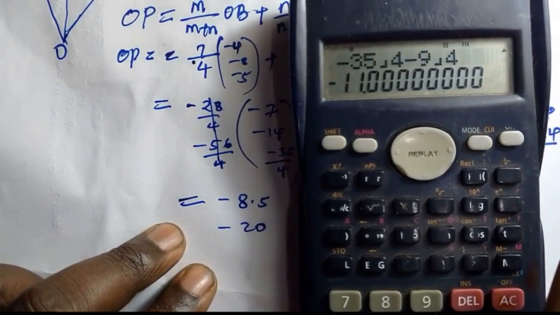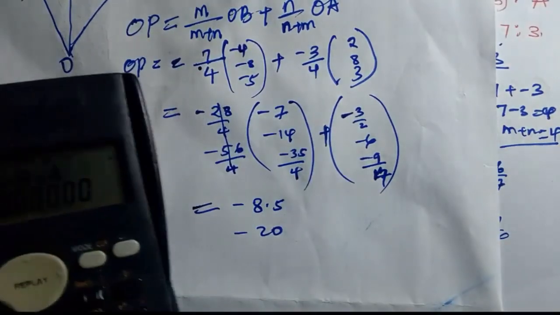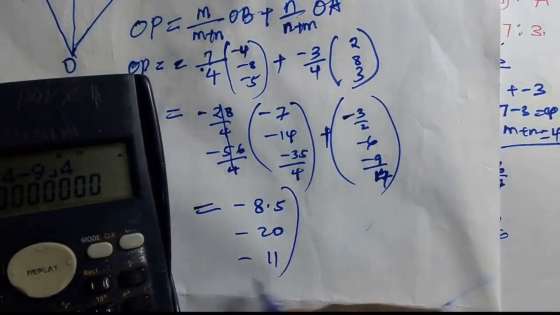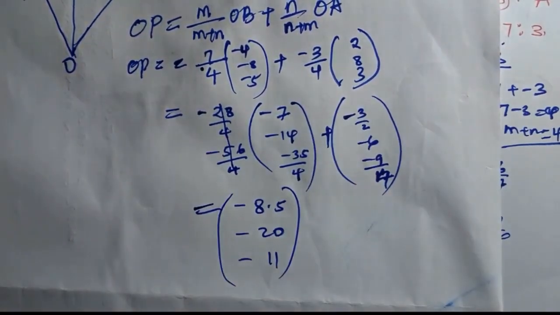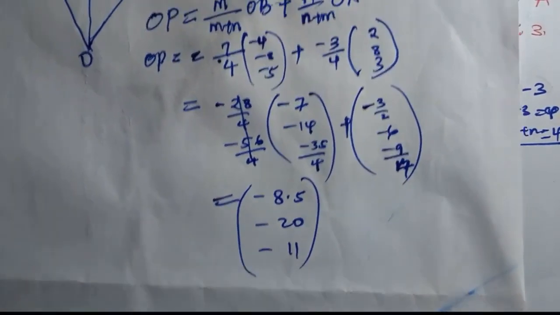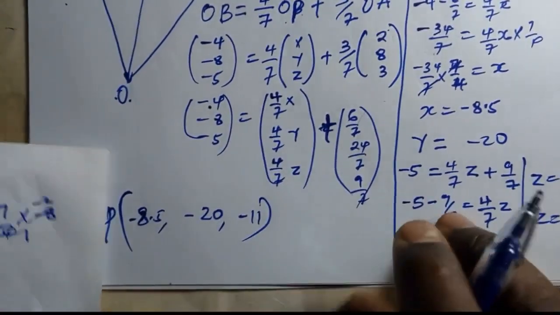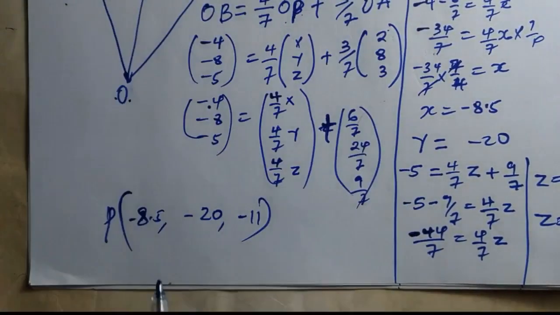You find that it is negative 11. So it is actually the same like what we got here. So you can choose to do this way or this way. The one you want for external, you need to be very careful